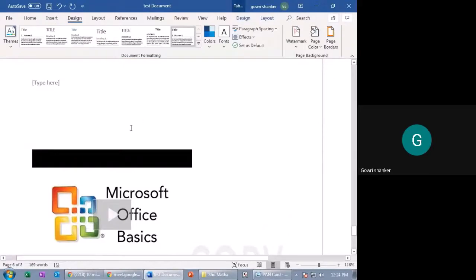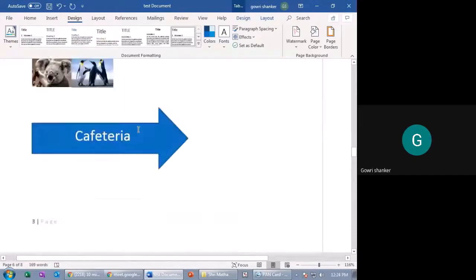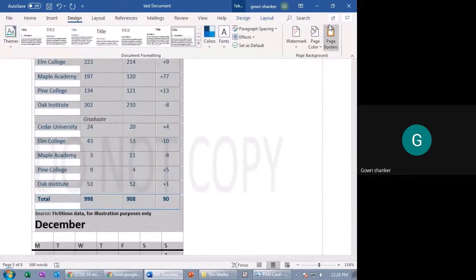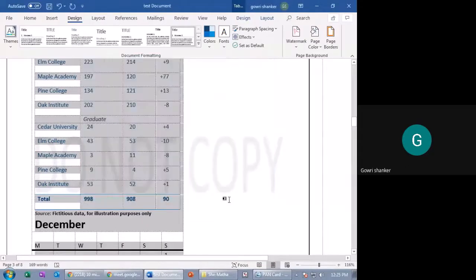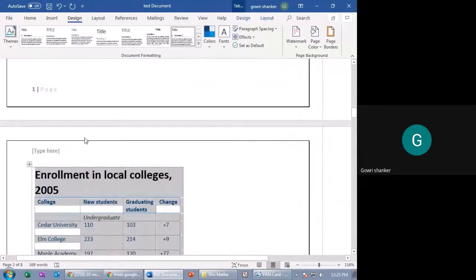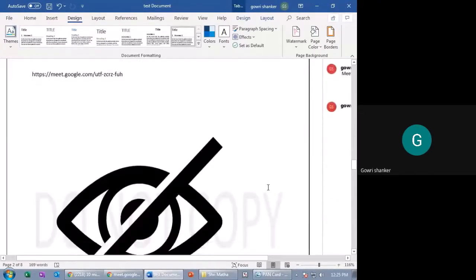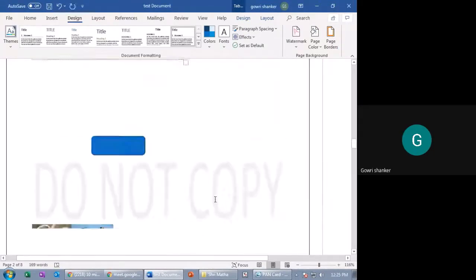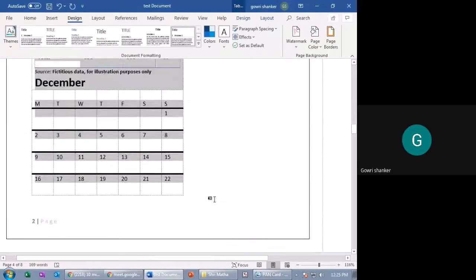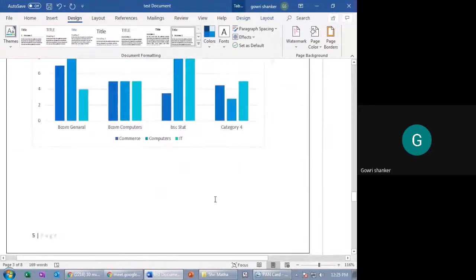No colors, nothing will come. It's just a plain white paper in the back end. So background also you can fill with colors and textures. Page borders. See, this is a page border box. You want to put a box, you can put shadow. I have given shadow. You can see here, the box has come here. Every page will have those boxes, right? So page borders you can change. 3D you want to give, you can give 3D also, right? These are different textures you can see here.